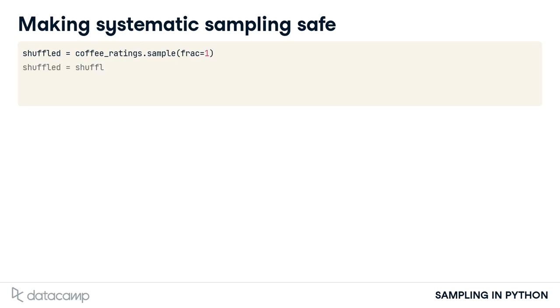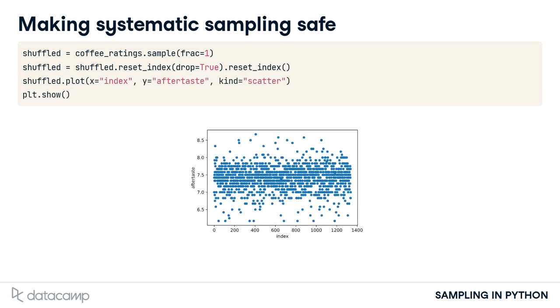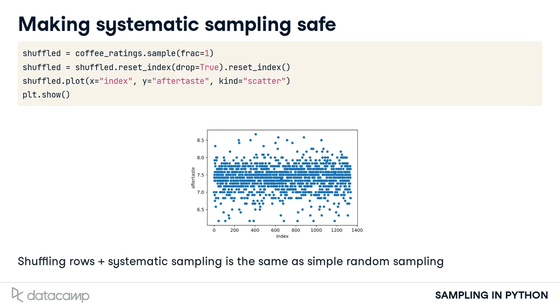Next, the indices need to be reset so that they go in order from 0 again. Specifying drop equals true clears the previous row indexes, and chaining to another reset index call creates a column containing these new indexes. Redrawing the plot with the shuffled dataset shows no pattern between aftertaste and index. This is great, but note that once we've shuffled the rows, systematic sampling is essentially the same as simple random sampling. Let's get